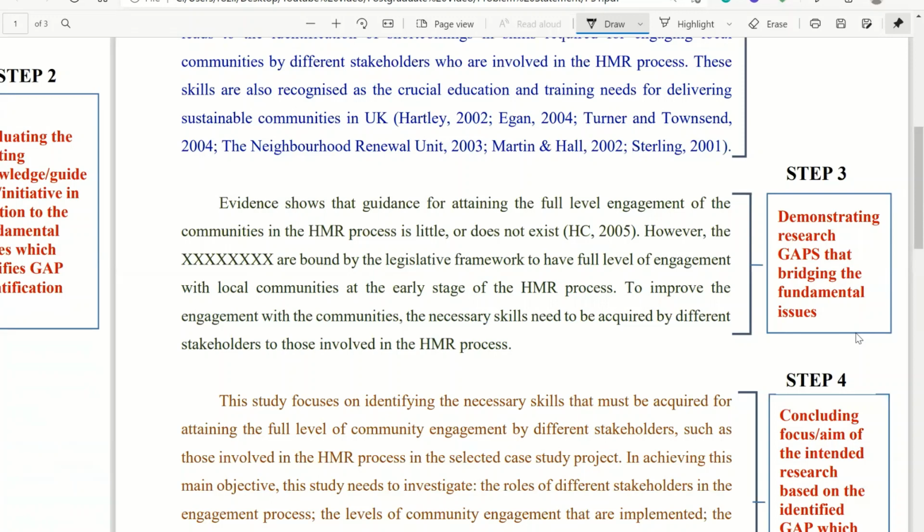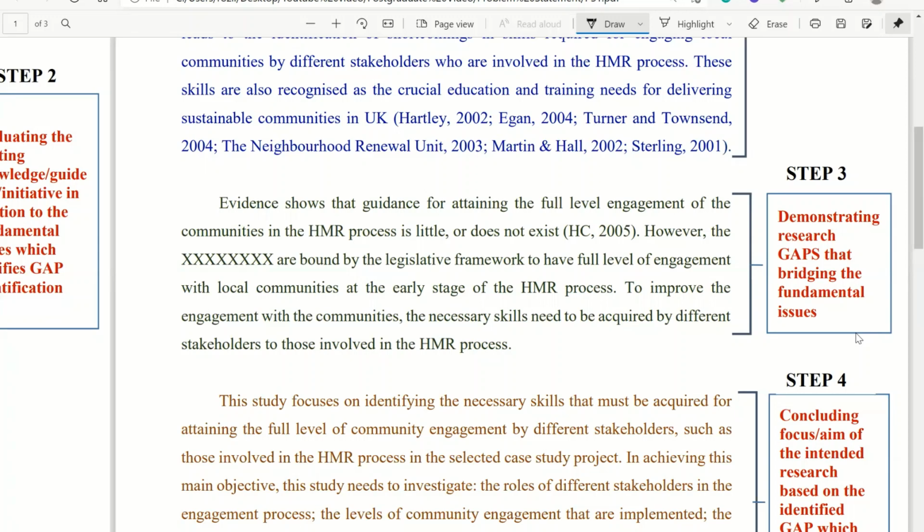That was already discussed in the first paragraph, which is the less engaged local community, that motivated this study to explore the shortcomings of the skills to deliver the regeneration initiatives. All right, so we have that one. So there is a link. There are connections between the fundamental issue and the knowledge that is made known for this study, and from these two